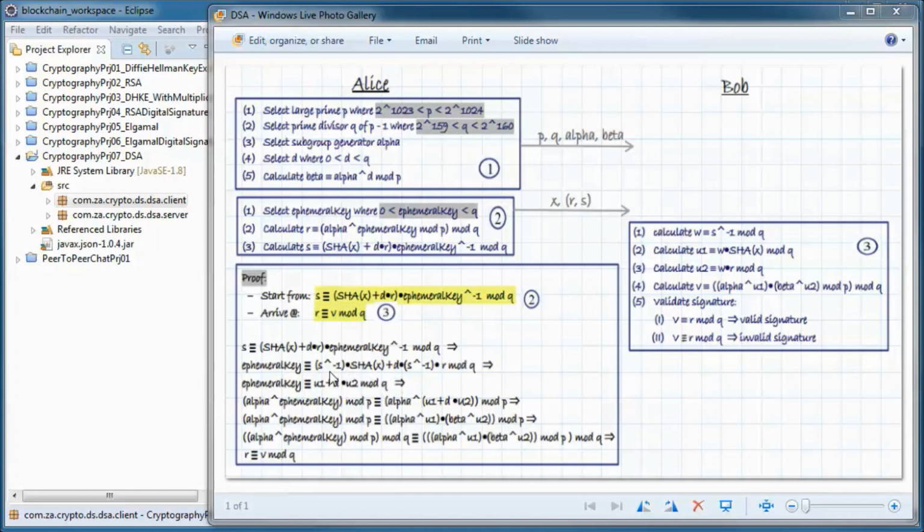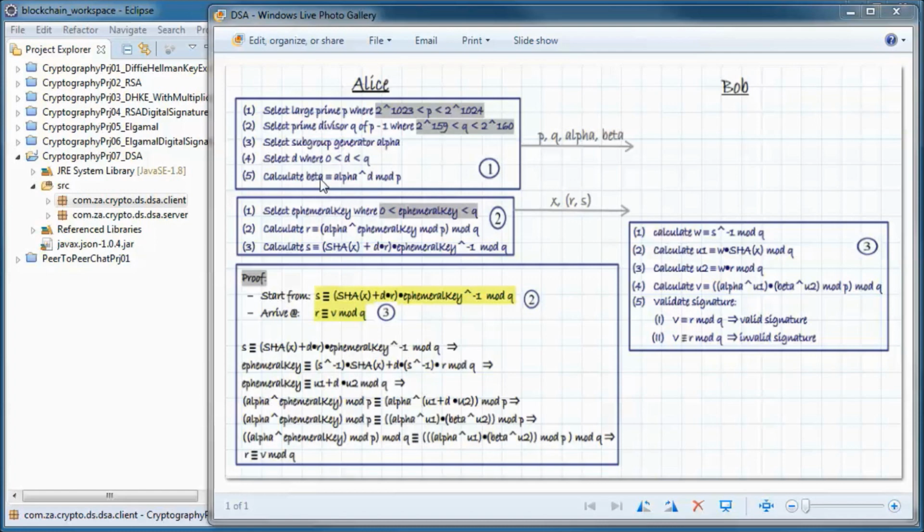So we use those here, and we get the ephemeral key is congruent to U1 plus D times U2 in mod Q. And we can raise alpha to either side of the equation and reduce mod P. So we get alpha to the ephemeral key in mod P, and alpha to U1 plus D U2 in mod P also.